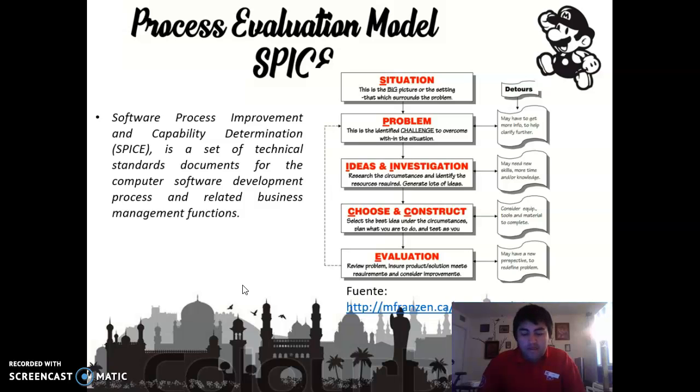The project manager is the one in charge of the coordination and implementation of the project. So in this process evaluation model, we also define the technologies that we're gonna use, because the main objective of all the processes that I just mentioned is the development of a quality final product, which is obviously much better for the satisfaction of the customer.